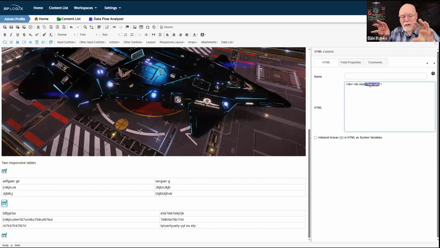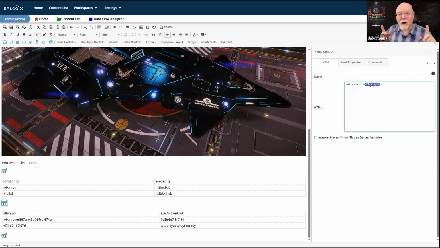So both of these two tables, rather than being stacked vertically the way they are here, whenever I hit that 800 pixel screen width and Process Director refactors both of these tables, boom, they're going to sit up right next to each other.